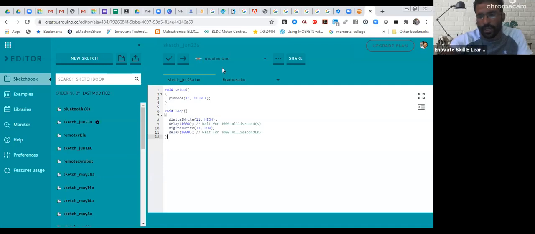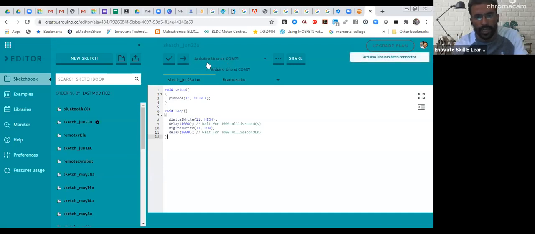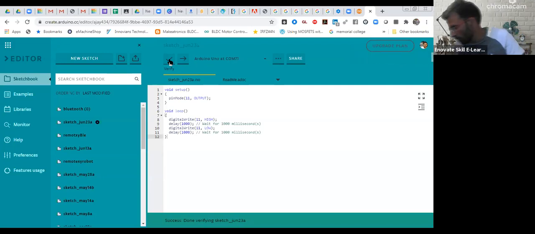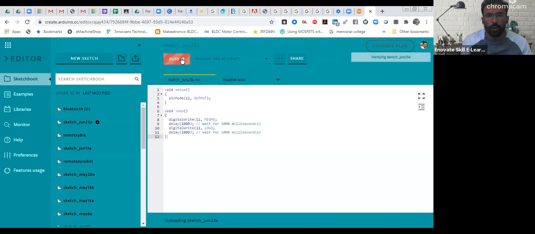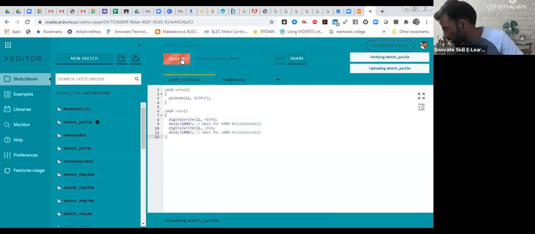So I'm just going to connect my Arduino board with the computer. After that, you will be able to see, yes, COM port is coming. That is my hardware COM port with my Arduino, and you will be able to see some power is coming in my Arduino board. After that, we have to upload this program. You can verify first, and after that you can upload it. So my code is being verified over here, and I have to upload it. How can we upload it? For that, we just click on this upload button. It will take one or two minutes, so let it get complete.